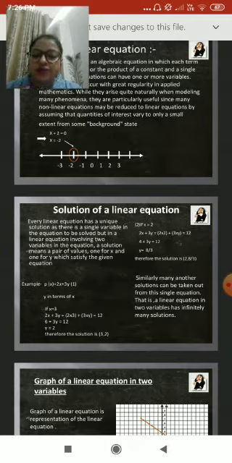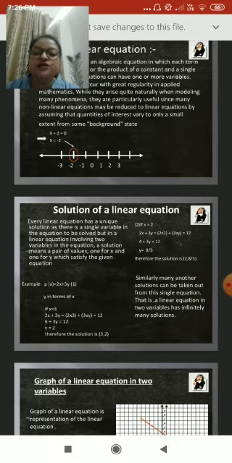Suppose for the first instance I take the value of x as 3 and put it in the equation. So 2x plus 3y is equal to 12 can be written as 2 into 3 plus 3 into y is equal to 12, where 6 plus 3y is equal to 12, so the value of y is equal to 2. So therefore if I take the value of x as 3, I get the value of y as 2. So the coordinates are (3, 2). 3 stands for the value of x and 2 stands for the value of y. Okay, we can take the same example and take some other values of x.